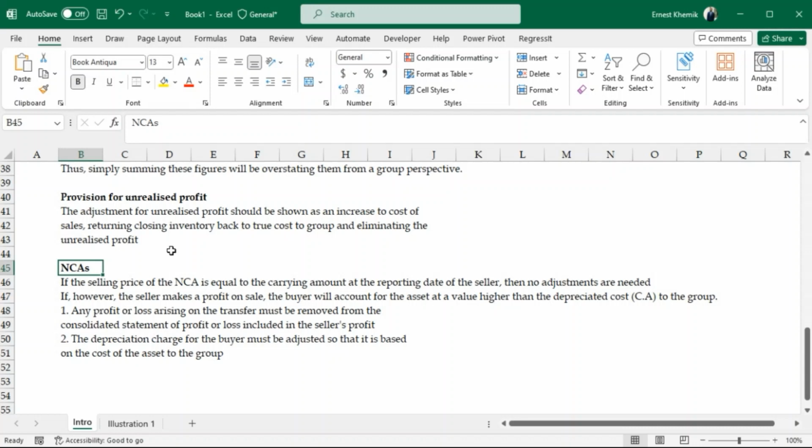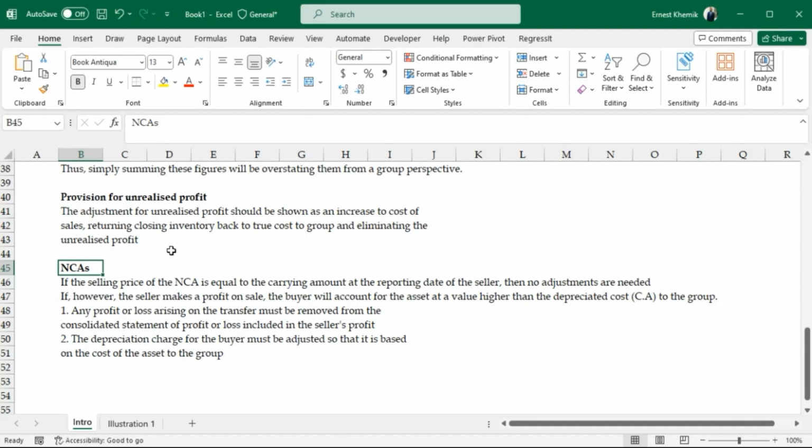And since the non-current asset is still being used or is still being depreciated by the purchaser or the acquirer, that profit element on it and then the excess depreciation would have to be eliminated, because that is not supposed to be